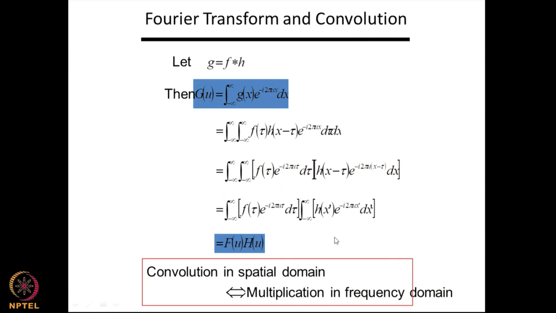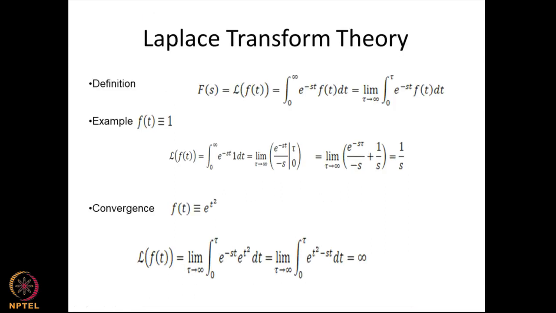So, I will now next consider the Laplace transform. Many of you may have been familiar. A Laplace transform of a function of t is nothing but the integral from 0 to infinity of e to the minus st f of t dt. The Laplace transform has a multiplicative factor e to the minus st. For a Fourier transform, it was e to the minus ikx. So, Fourier transform has a complex exponential. So, this is a real function now. This is the Laplace transform of a function, given by the integral from 0 to infinity of e to the minus st f of t dt. So, this is an example.